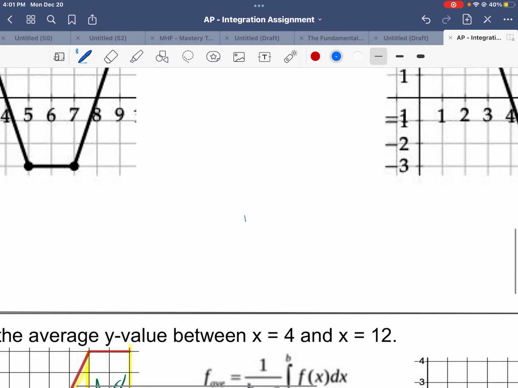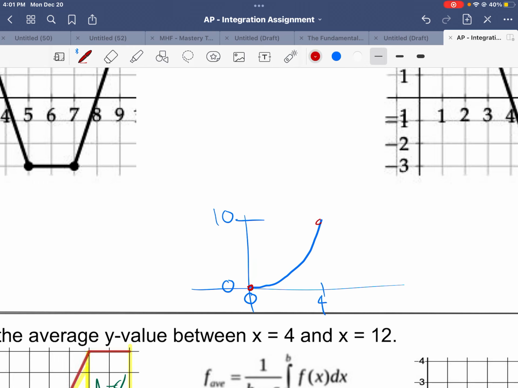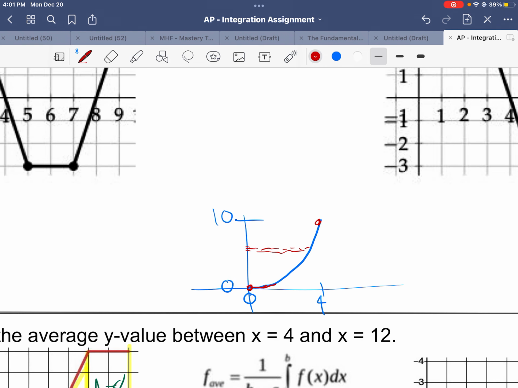I'll show you an example here. Say we wanted to get the average y value for this graph. And we wanted to figure out, say that this was 10 and this was 0, the average from x equals 0 to x equals 4. And a lot of people would just say, okay, that makes sense. Just take the 0 and the 10 and divide by 2, and it's 5, right? The average is 5. Now, that doesn't make a lot of sense,